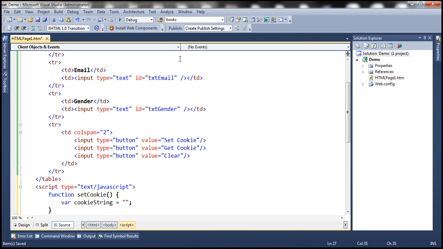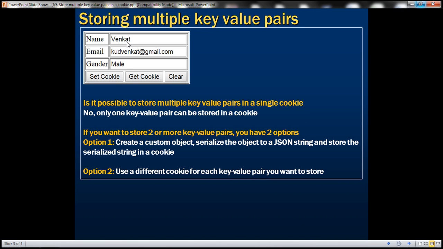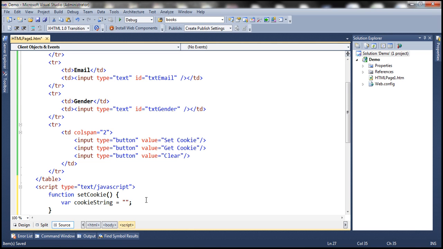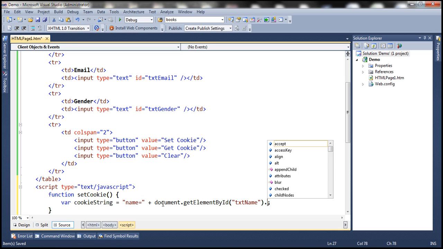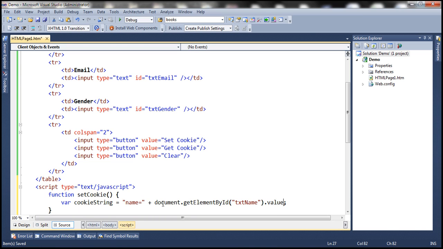Now what we want to store in the cookie is 3 name value pairs: name equals Venkat, email equals goodvenkat@gmail.com, gender equals male, all separated by semicolons. So name equals, and where are we going to get the name from? From the name text box. So document.getElementById, txtName is the ID of the text box, dot value should give us the value, and to that we want to append